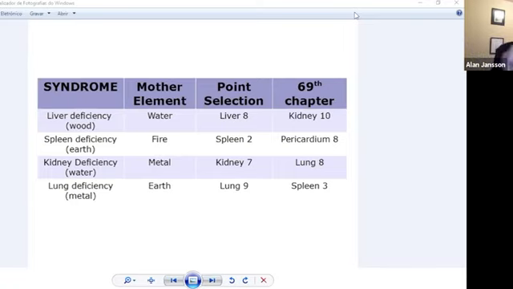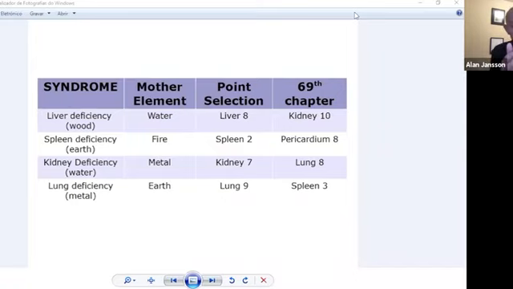Obviously, again, it's a very interesting and a very challenging point to needle appropriately. So it's not like you just bung a needle in there and it's going to be great. But just to consolidate, we would use this combination of points perhaps in the incident of someone with an acute fever, or someone that's come down and suffering some sort of exogenous pathogenic invasion that's gone a little deep, maybe affecting the tummy, but mainly when someone has a fever. I'll explain the logic behind that later, but if you could accept it at the moment,